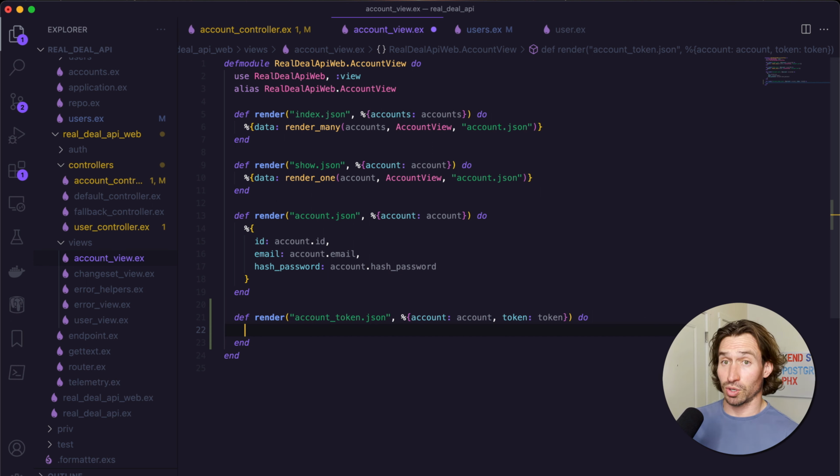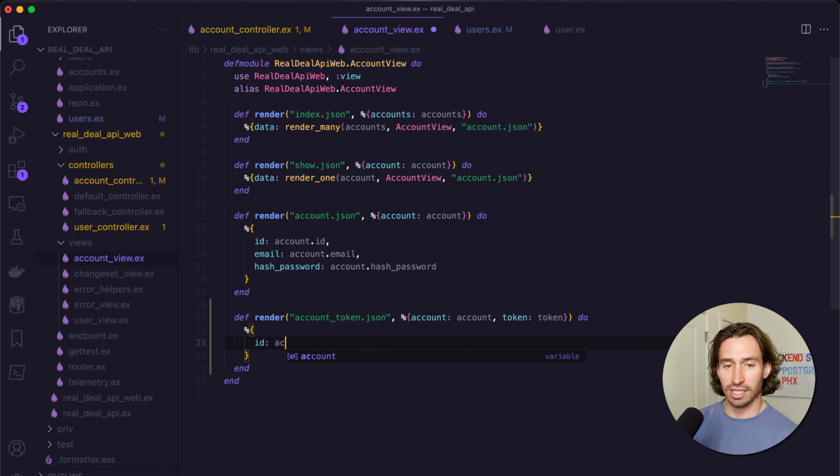And now to return a JSON, we just need to do a percent symbol, curly sign, and then it'll automatically put the end on there. Okay, and then I'm just going to do a little return in between so we can fill in everything in between now. And we're going to return our account ID, so account.id, comma, and then we're going to return our email, so account.email, comma,